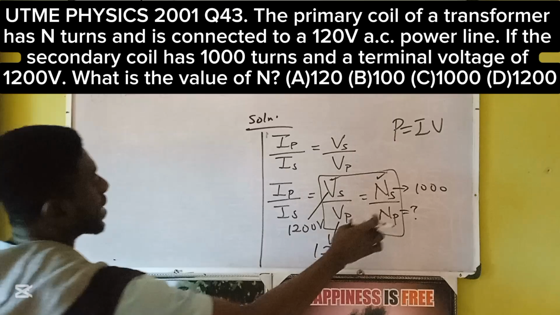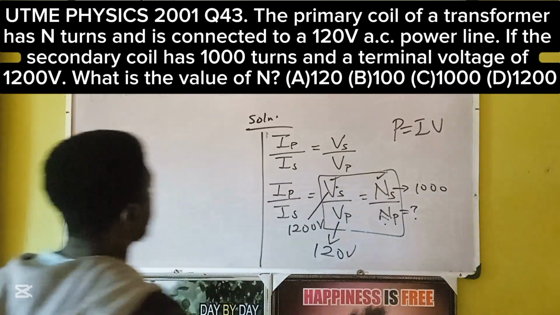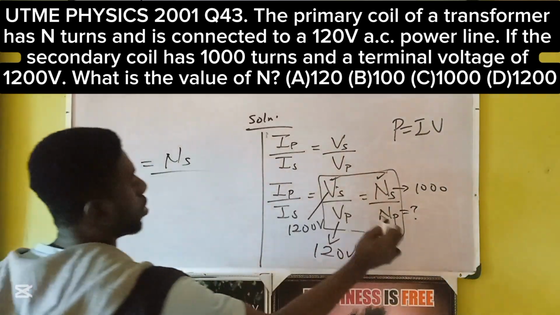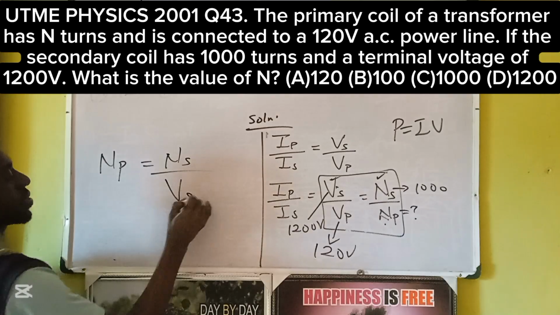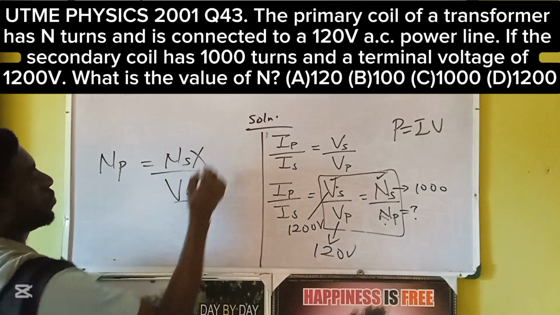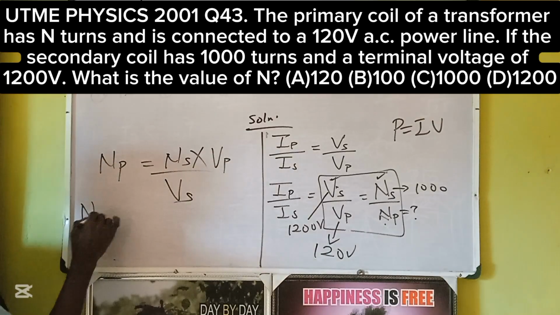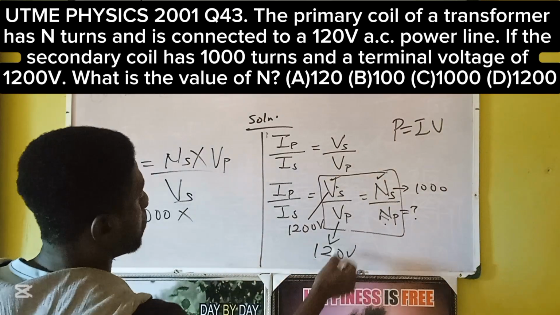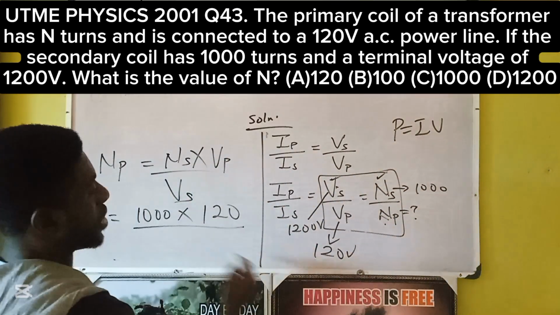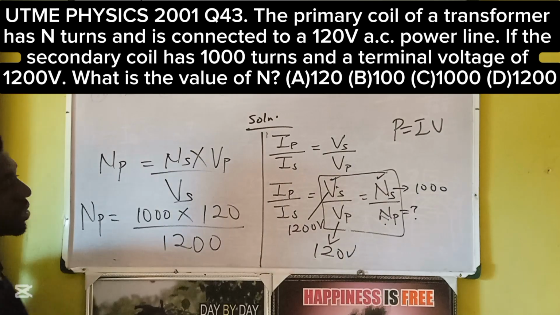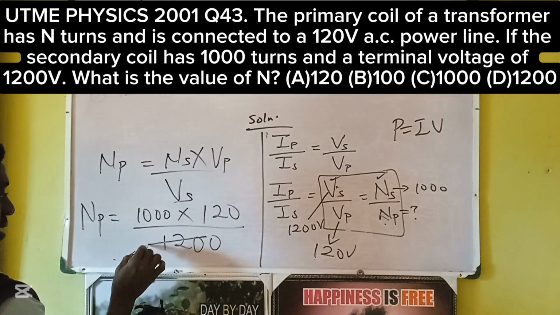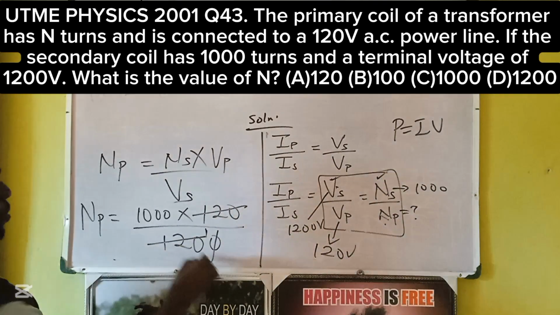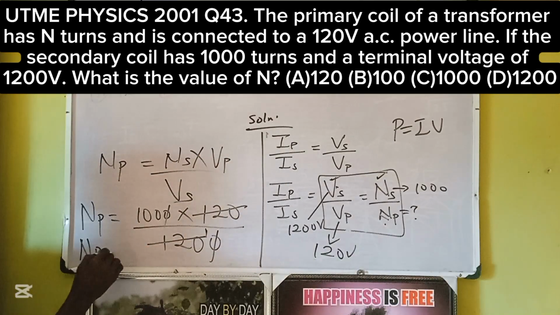Then let's solve. Let's make Np the subject of the formula, get it up and get this one down. So we're having Np is equal to Ns. Then this comes down to replace it. Cross and multiply: Vs, cross and multiply. Vp will go and join the other one, Vp. Then we can now solve. Np is equal to Ns, 1000, times my Vp, 120, all over Vs, 1200. So this goes for that. We have 10 here, 120 will go in here. We have just 10 here. Then 0 cancels 0. Therefore, the number of turns in primary is just 100